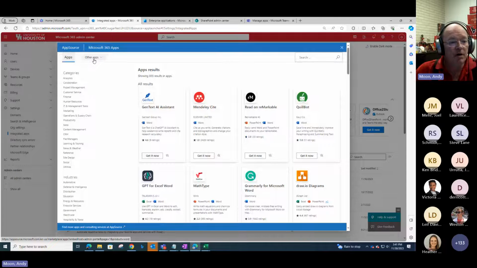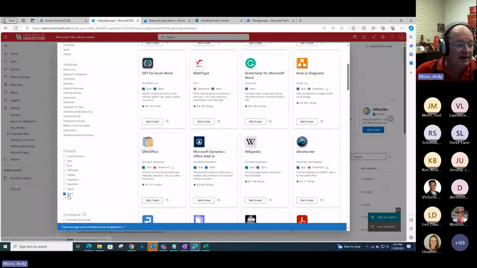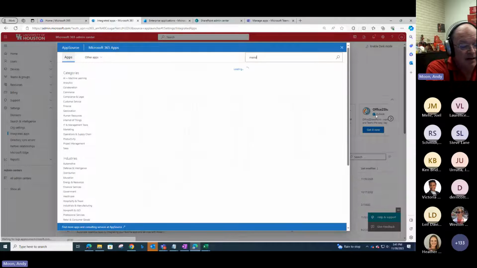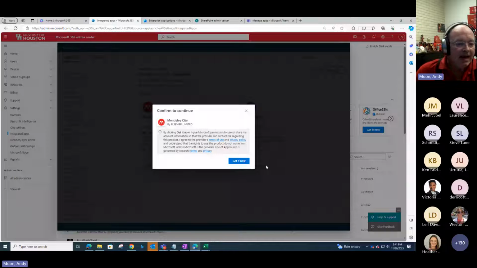All right. There we go. I also have the ability to filter with the other apps here. Of course, my favorite way to find things is with the search, and I can just search by name. So if I want to find Mendeley, there it is, and from here I can go in and I can get that app. Now,